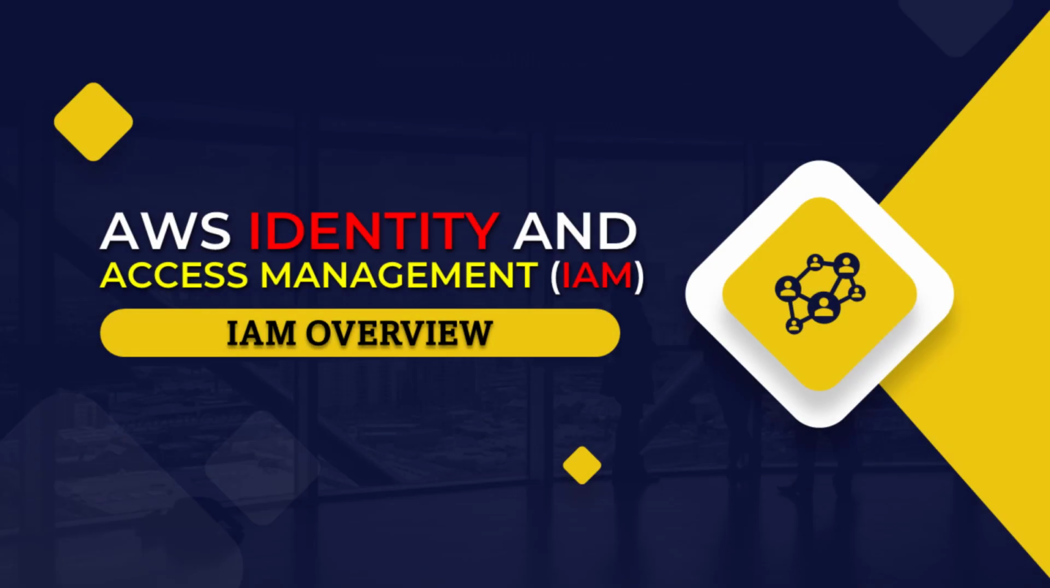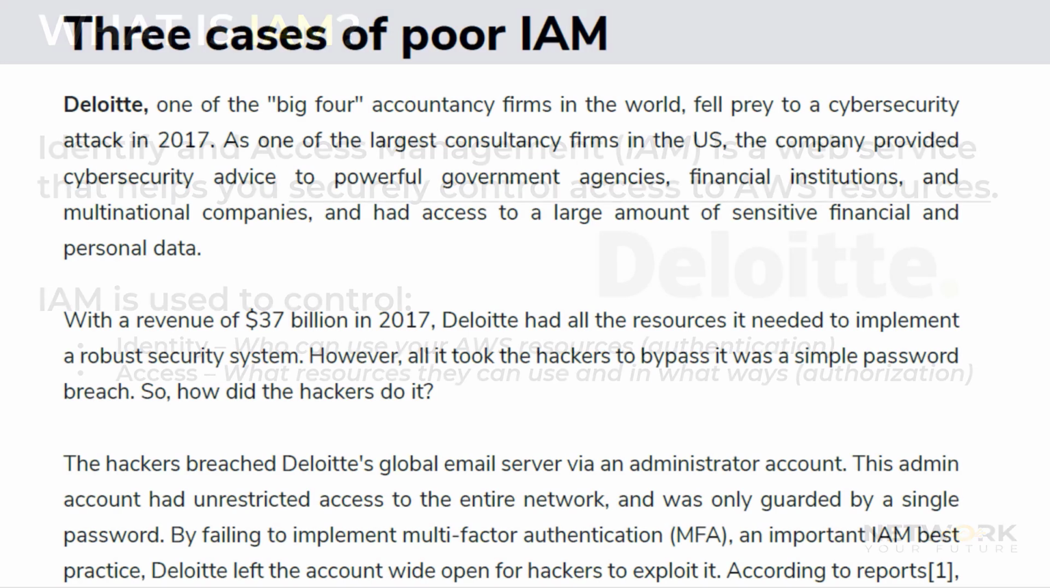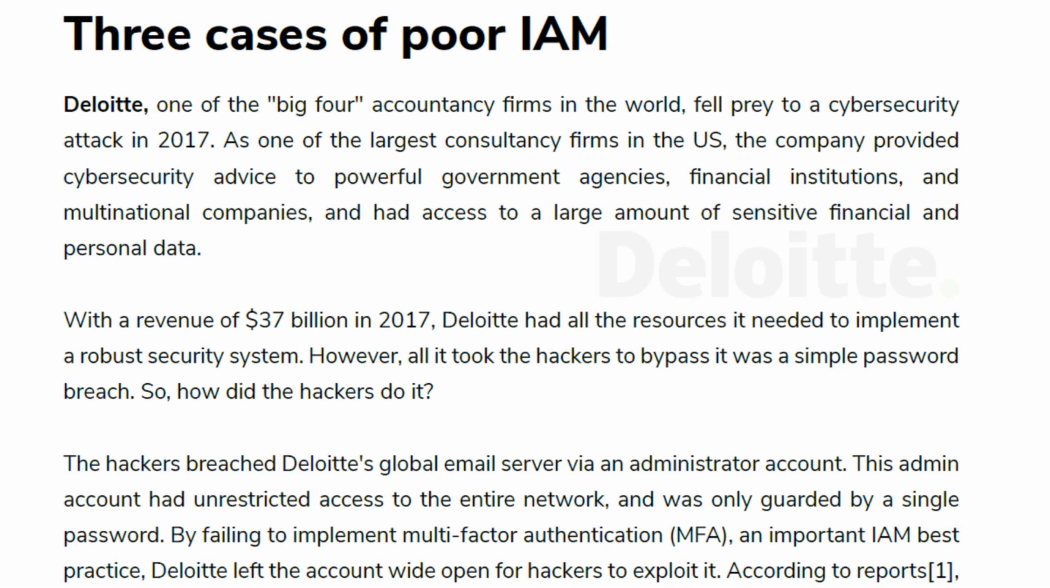It seems that no matter where you look, over the past decade, large organizations around the globe have fallen prey to data breaches at one time or another. This article shows that in 2017, Deloitte, one of the biggest accountancy firms in the world, fell prey to a cybersecurity attack. It was found that hackers breached Deloitte's global email server via an administrator account that had unrestricted access